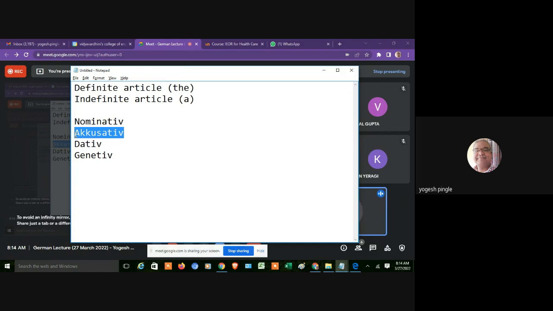If the position of the thing is fixed, for example, if I am saying the pen is on the table, or the pen is with me, the position of the pen is fixed. So whenever I am talking about this noun regarding the position, you have to use the dative form. So my rule will be like this: action, accusative. Whenever you are doing an action, you use accusative, and whenever it is a position, it is in the dative form. And whenever you say the pen belongs to me,